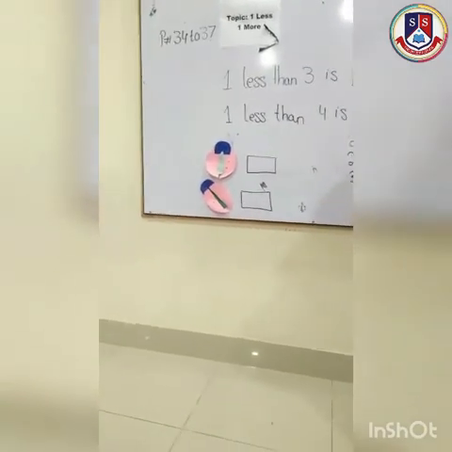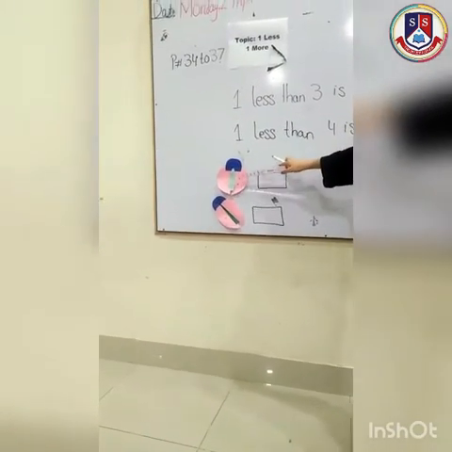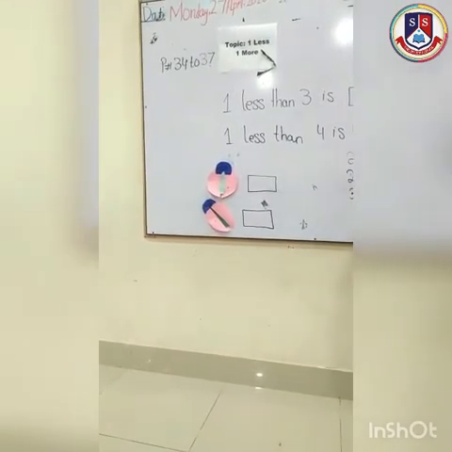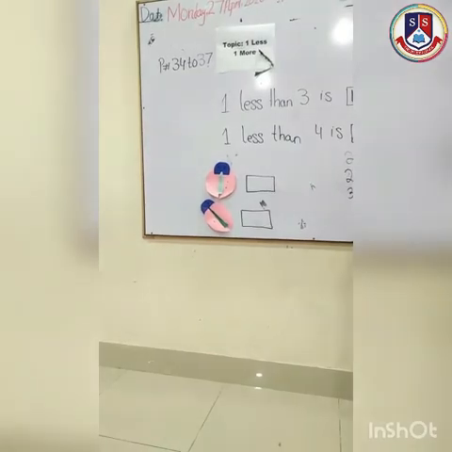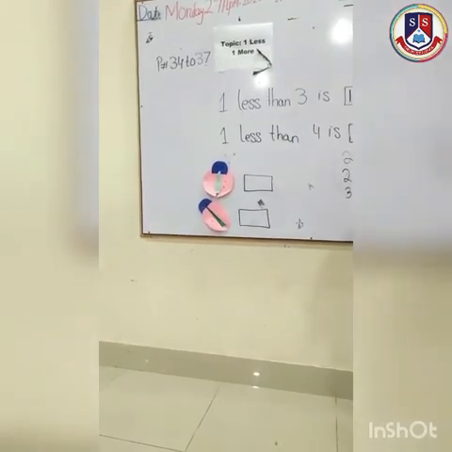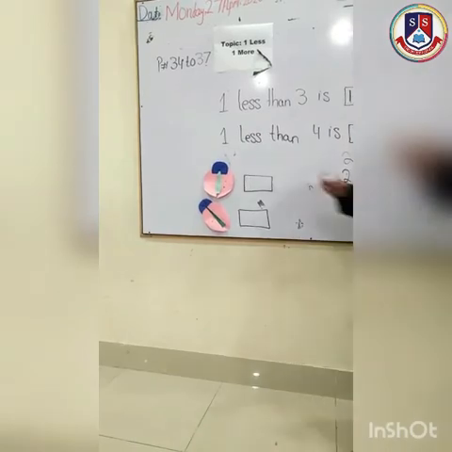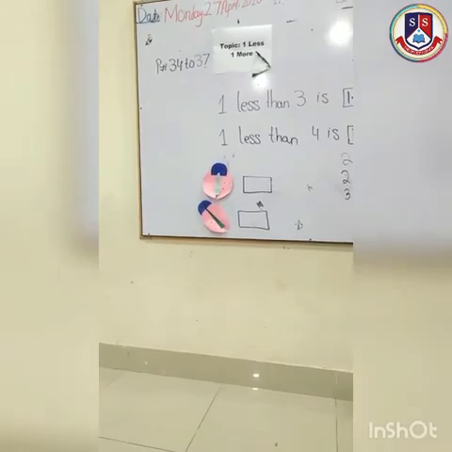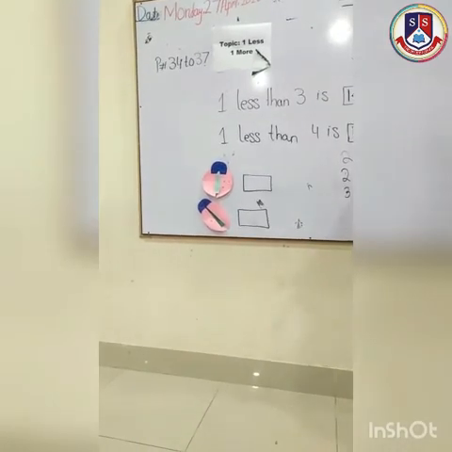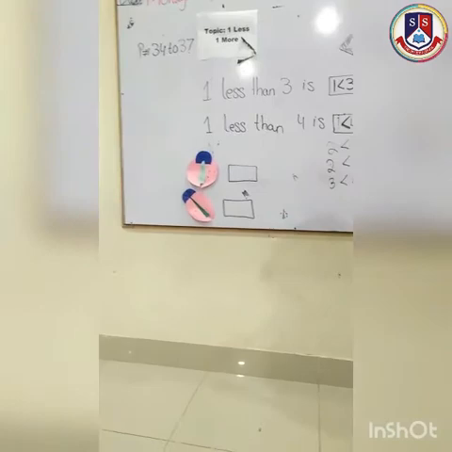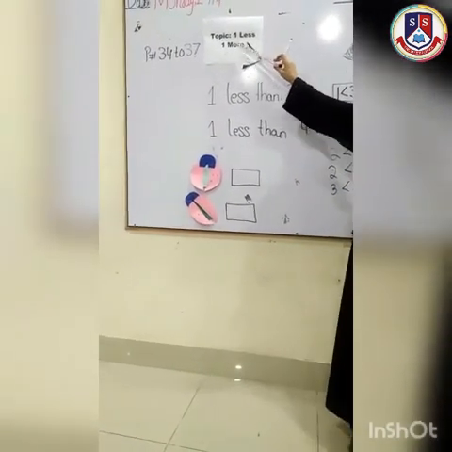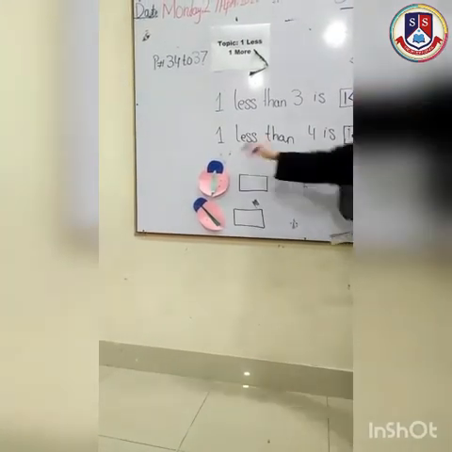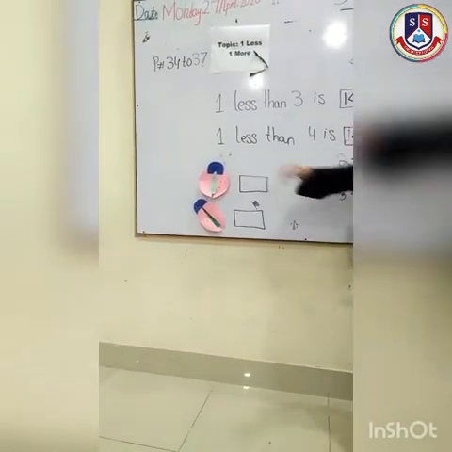So students, this is a ladybird and 2 dots are mentioned on it. What do we have to do? Put one spot more. We will put one more spot on it, mention one more spot, and we put one more dot on it. So we have to find out one more. So we will put one more dot on the ladybird.